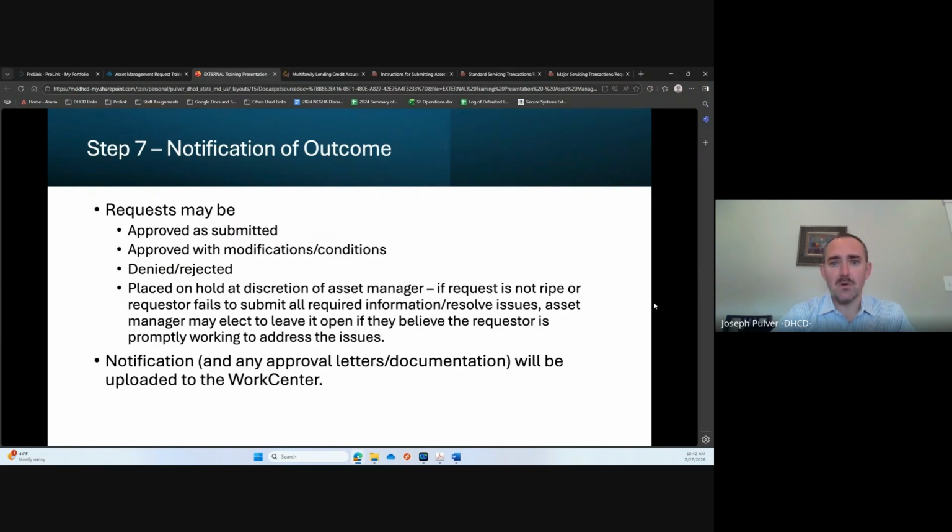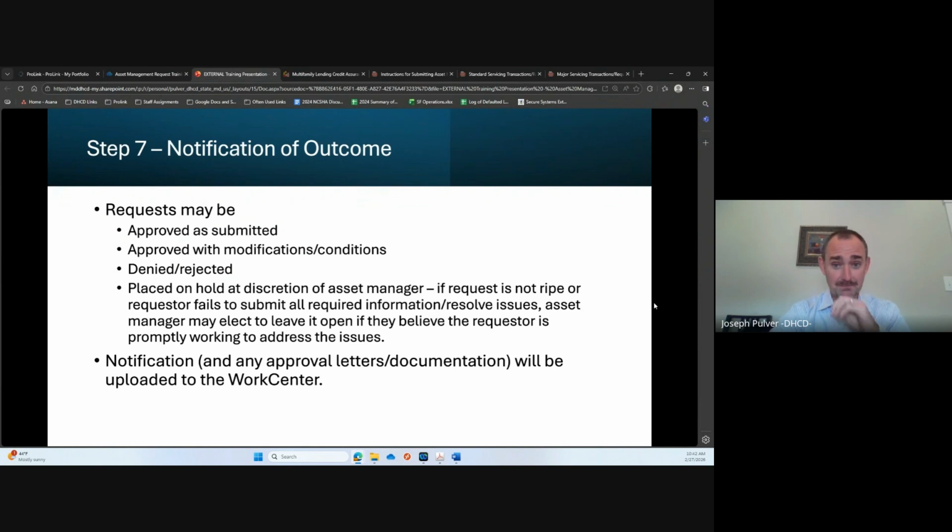Some may just be approved, and this is where we start getting into what type of request it is and what the outputs are. There may be a form document that we provide as the approval. There may be additional follow-up saying the request has been approved, but we need these things to happen in order to move forward.